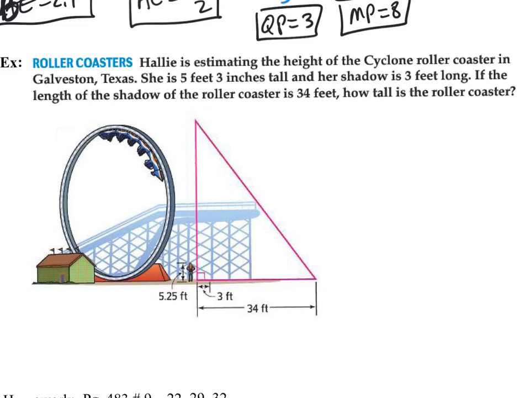So there's a second triangle. It's kind of hard to see, but it would be a second triangle right here, and I'm just going to redraw it over here. That would be a triangle represented by Hallie's height and her shadow, okay? So if we draw a triangle that represents her height and the length of her shadow, we're assuming that she is standing perpendicular to the ground, so that would be a right triangle, okay? Here's what we know. We know the length of her shadow is 3 feet, and we know that she is 5.25 feet. Remember, 3 inches is a fourth of a foot, so she's